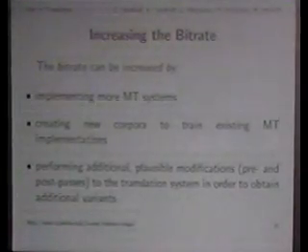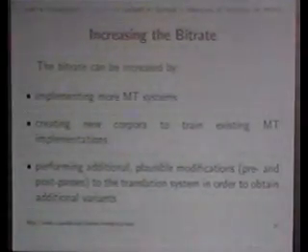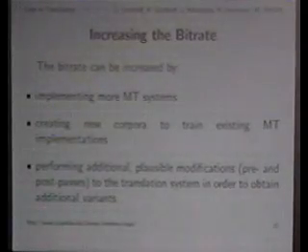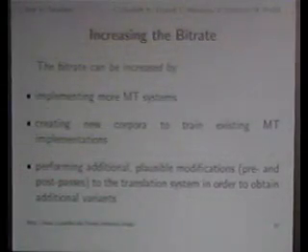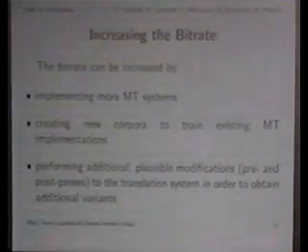Well, let's try to address these 2 issues. So what can we do to increase the bitrate? Well, we can create more machine translation systems. I'm sure the people who are doing machine translation will do that for us anyway, but that's one way of doing it. We can, as I said, create new corpora to train existing machine translation implementations, and that's actually quite easy.